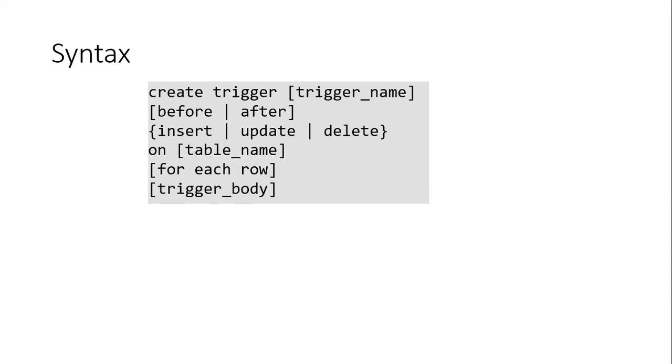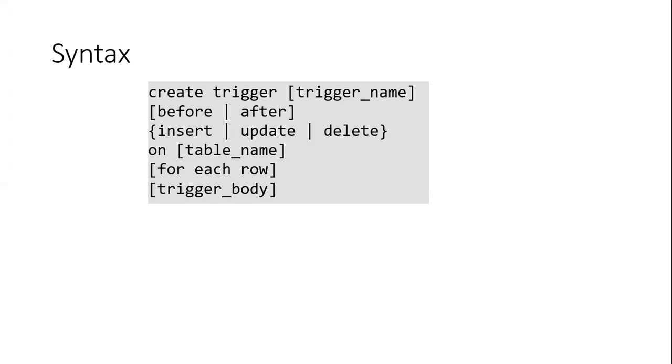Next we need to choose the operation. We all know three types of manipulation can be done in a relational table. One is insert, second is update, third one is delete.